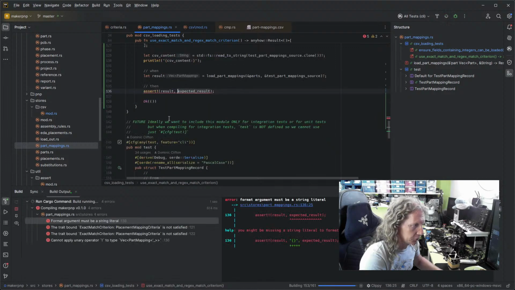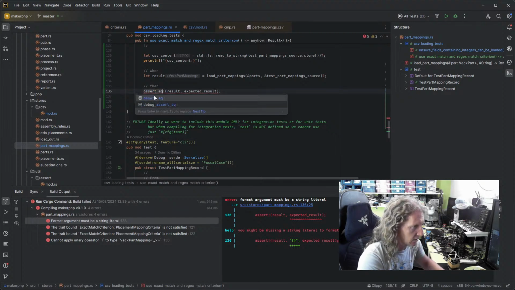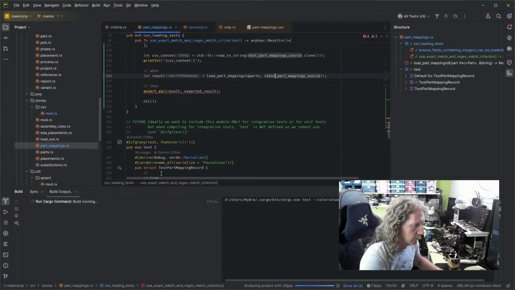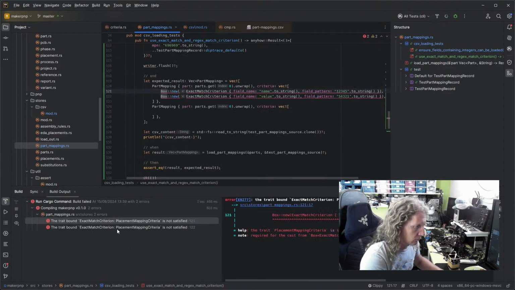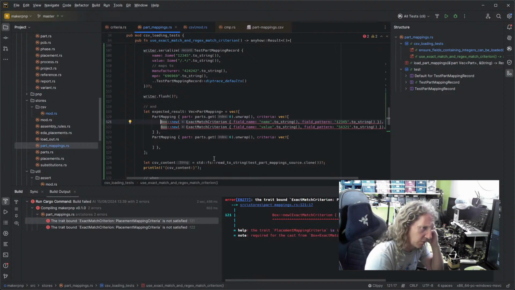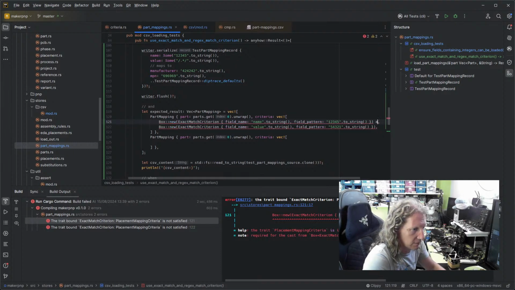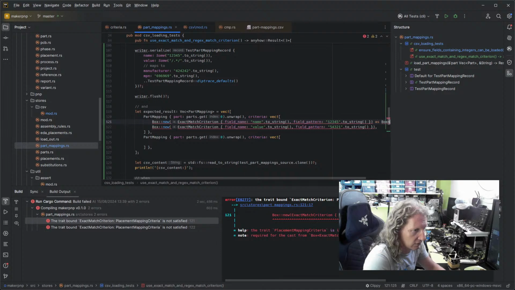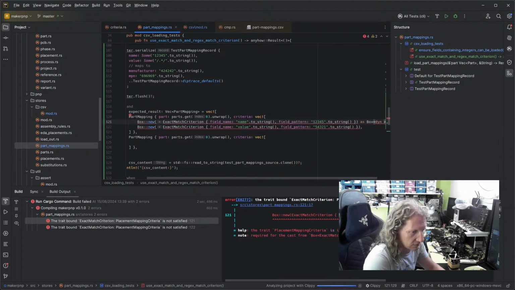I'm not quite sure what we're going to need to do here. Oh, this is supposed to be a CertEQ. Okay, so required for the cast, the box one, because we need this dynamic thing again. This is a similar problem to what we had earlier. Can we say as box done